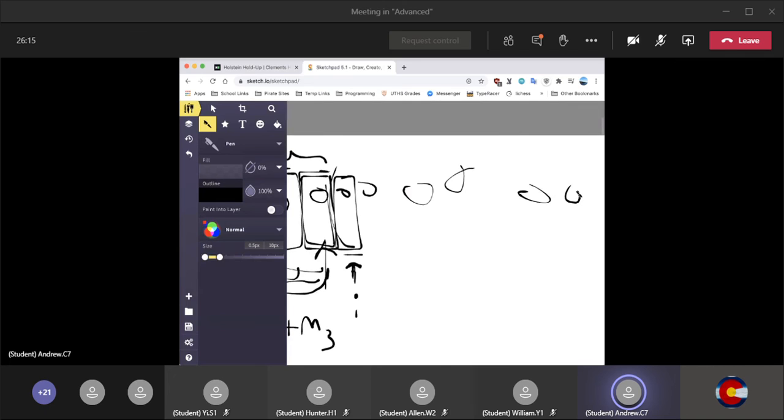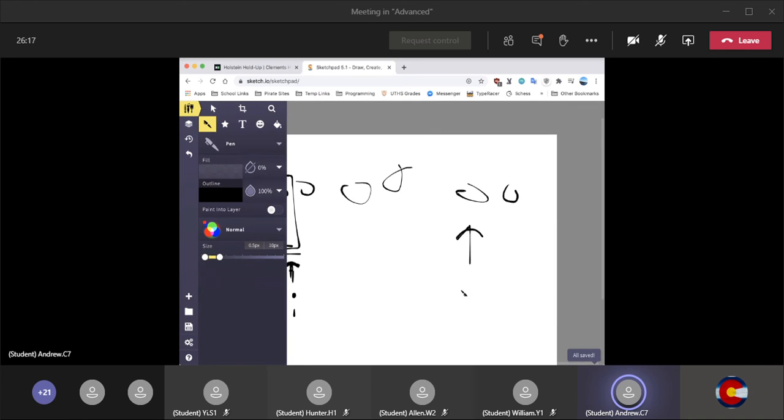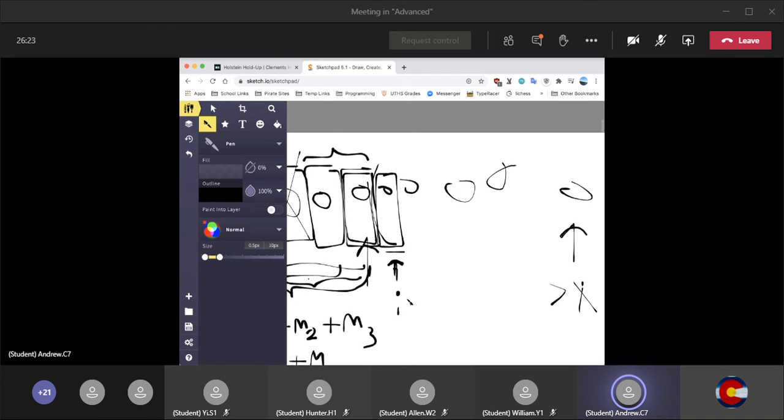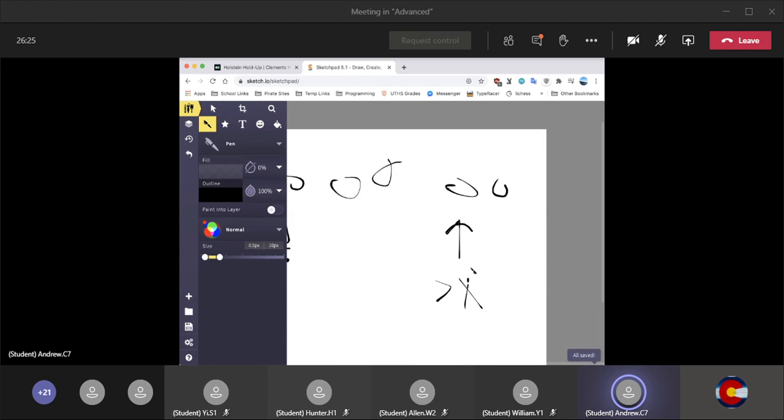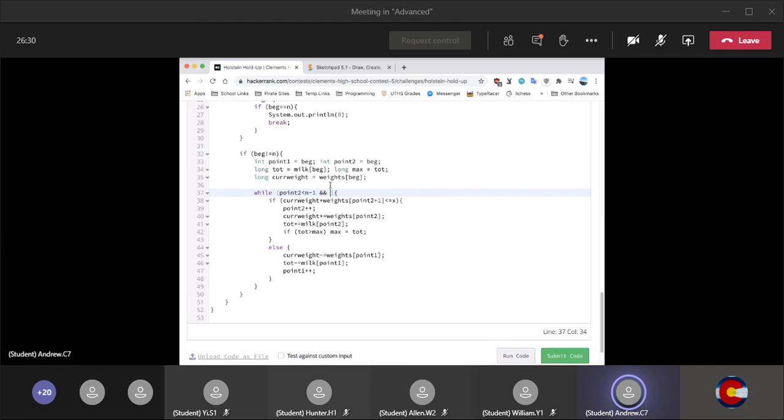But then you stumble across this cow which is really fat, so his weight is larger than X. It's kind of like our initial thing, but somewhere in the middle. So that obviously means we can't do anything. So what we do here is, if weights of point 2 plus 1 is greater than X, because again,